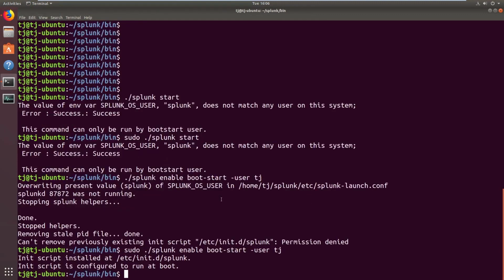Okay, so I wanted to show you another issue that you may run into. The documentation for Splunk indicates you set the user and indicates you may have a name called Splunk on your system. In this case, I don't. I have my root user. So in order to set the boot start variable properly, we need to set it with a user that's on the box. Okay, so I set it to my root username there,